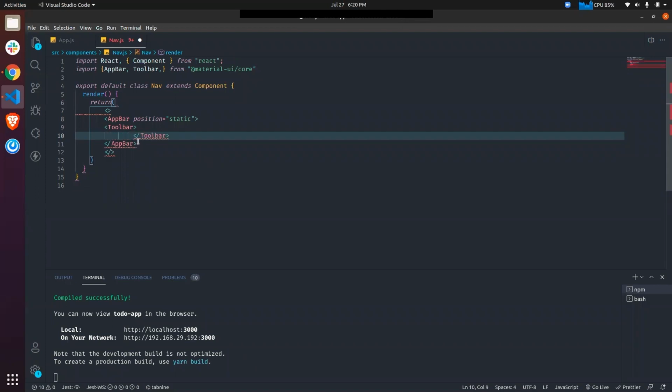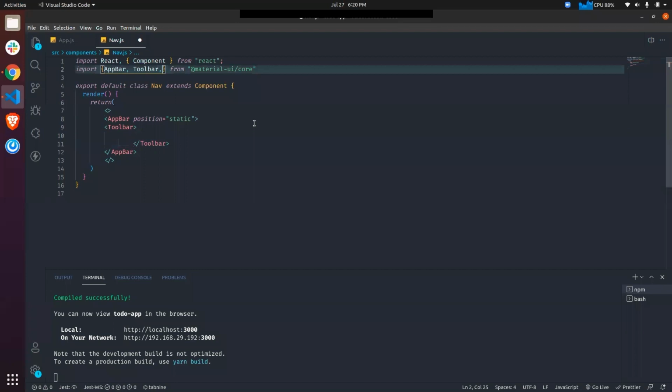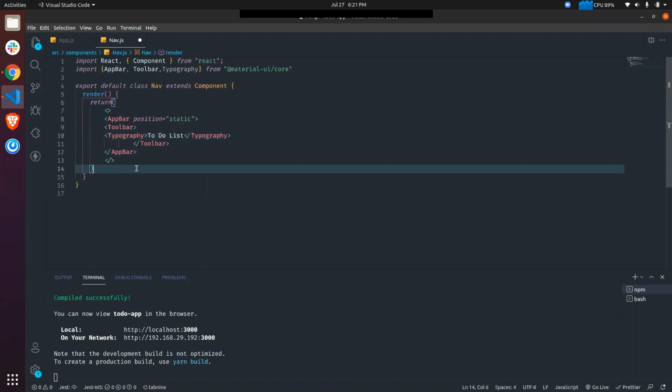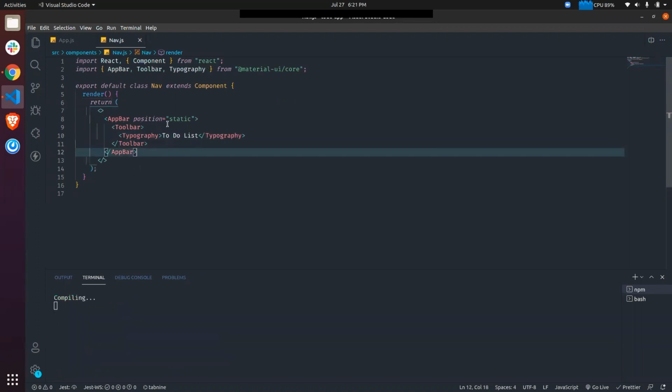But Material UI provides us one more thing, which is called Typography. What is Typography? It is also a component. And inside that we write something. So let's say to-do list. Okay. Now let's hit save and let's see what we get first.